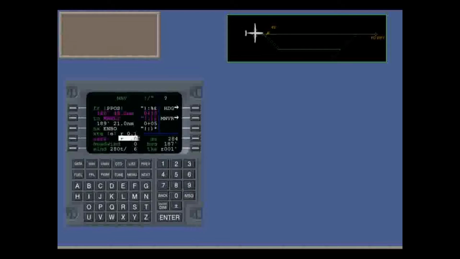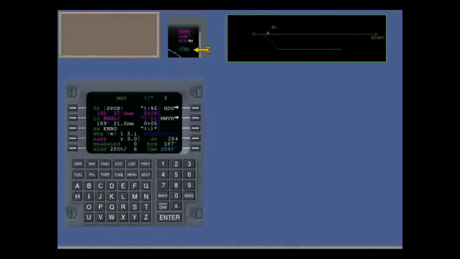Select line key 3 right for Selected Cross-Track. The nav page is displayed again with a new line for Selected Cross-Track highlighted. Type in 30 and enter. The aircraft immediately turns 45 degrees to join the new track, and the track error now becomes 3.1 miles left of the new selected track, 0.1 originally, and the 3 miles we've added. If we wanted a cross-track to the left, we would use the plus-minus key to switch from R to L.